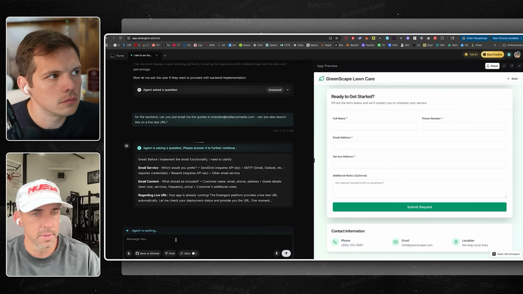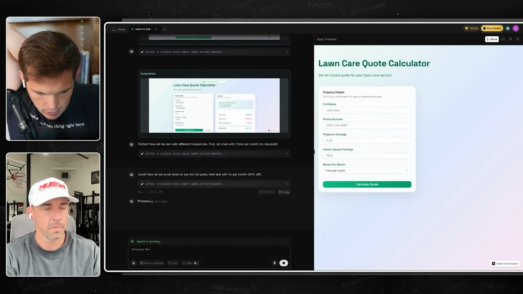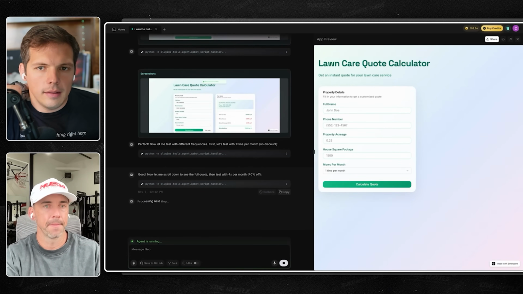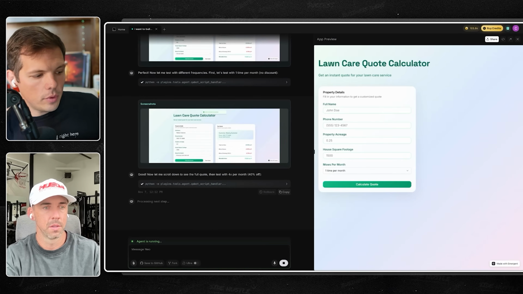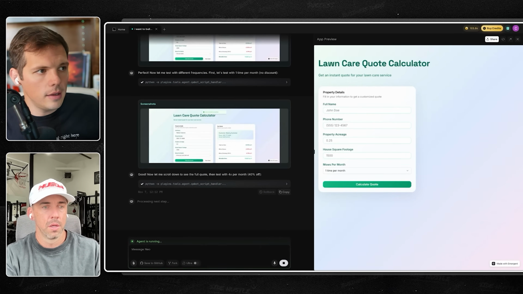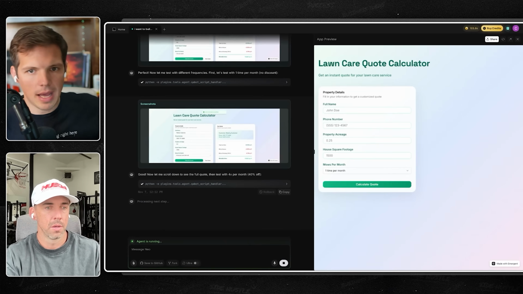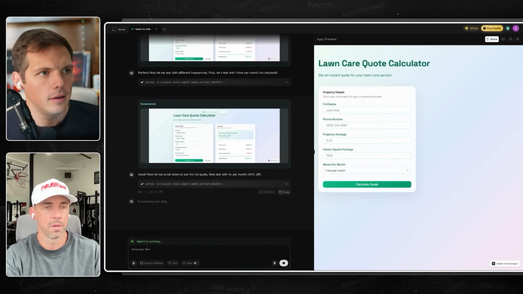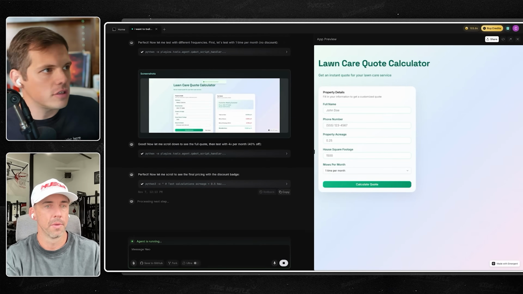So let's see what happens. It's funny, in using these tools, you kind of have to retrain your brain. Let's say you get to this point and we've never used a vibe coding app before. We have a working prototype and we want it on a website, but we don't even know how to ask it that. Well, I've never used Emergent before.